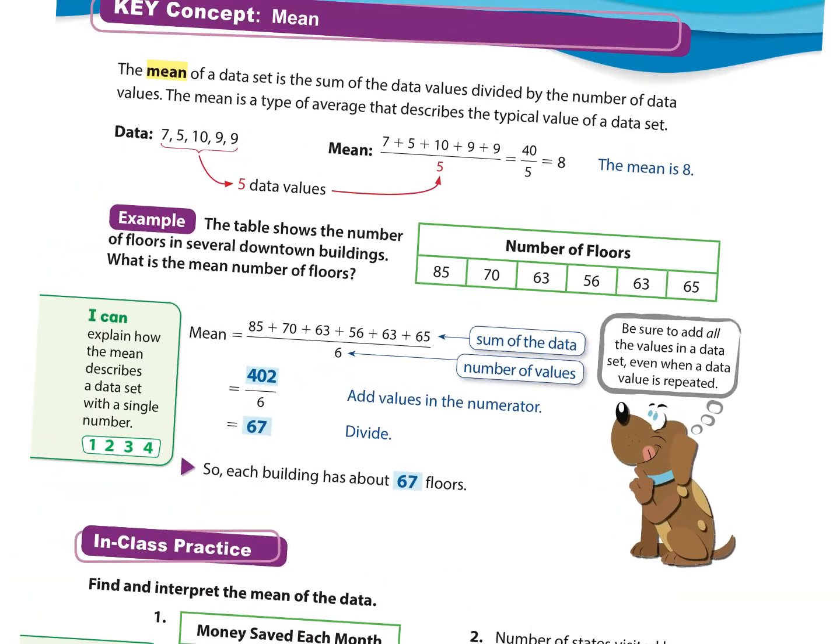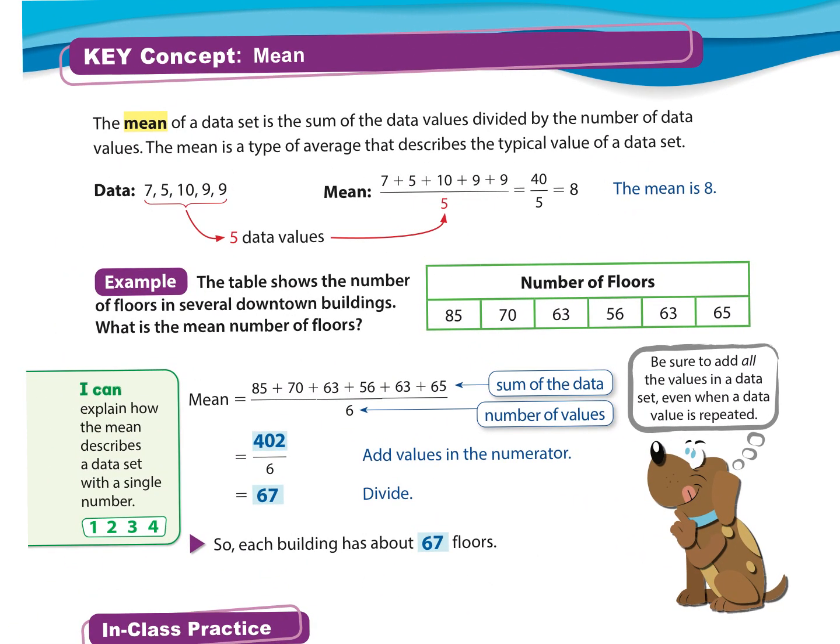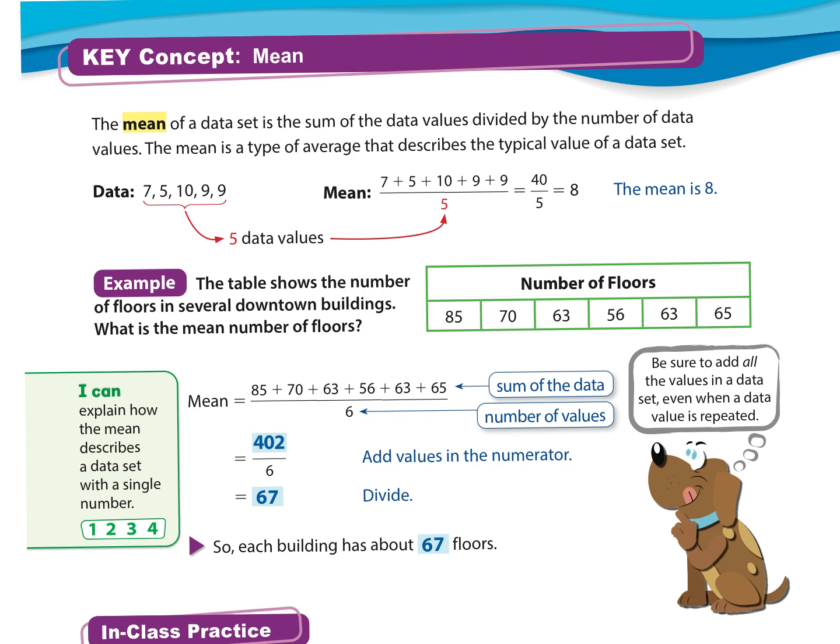Good. So another word for mean is average. The mean of a data set is the sum of the data values divided by the number of data values. The mean is a type of average that describes the typical value of a data set. So I have a completed example at the top. It gives me a table showing me the number of floors. It's showing me adding up all of those numbers together and then dividing by 1, 2, 3, 4, 5, 6